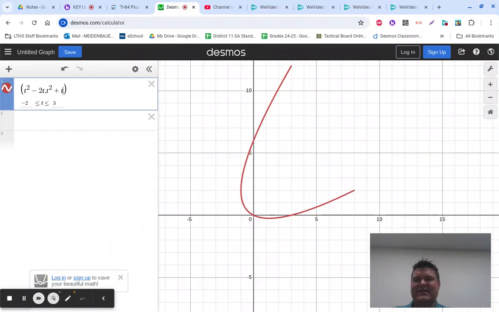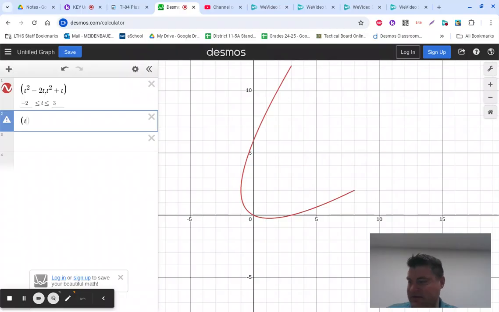Now, the only problem, Desmos doesn't indicate direction. I wonder if it does like a T slider. It doesn't do a T slider. It doesn't indicate direction, but if you were to plug these points in, you can see that it's clearly going to be down here where my mouse is, going all the way over here. Now, if we do the exact same thing we just did, you're going to get